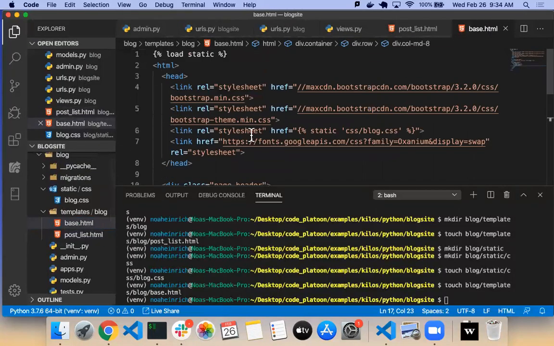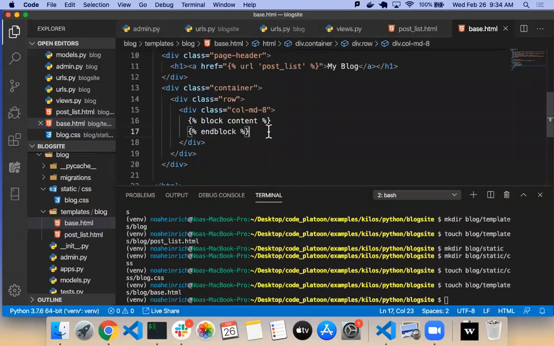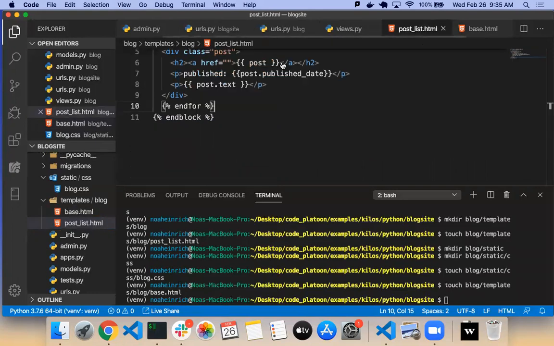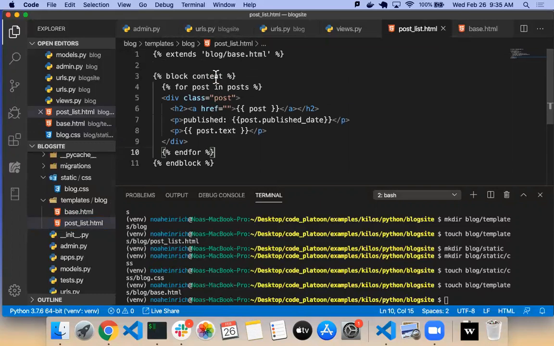So what I've done here is, by putting this thing here that says block content, I'm telling this HTML file there's going to be other stuff pasted in right here. And by having block content here, I'm saying this block content is going into blog/base.html.